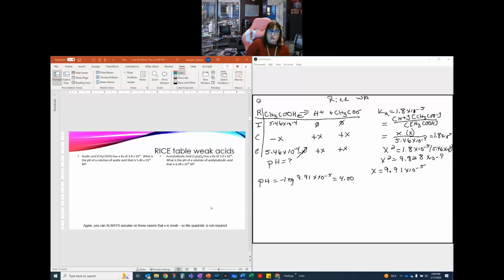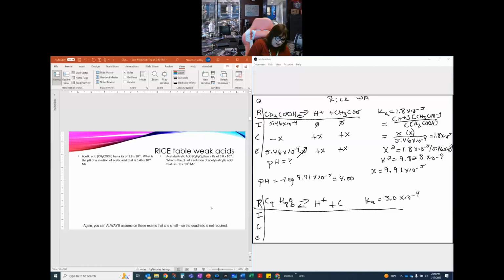Now we do this for a second acid, acetylsalicylic acid, C9H8O6. It has a Ka equal to 3.0 times 10 to the minus 4th. Now, this is an acid. It says that it's an acid. So this is my R, this is my I, this is my C, this is my E. So I know that this is going to decompose. It's going to give me an H plus,